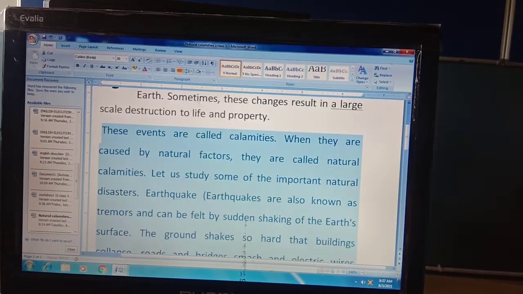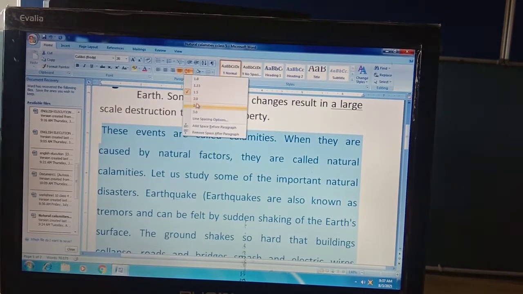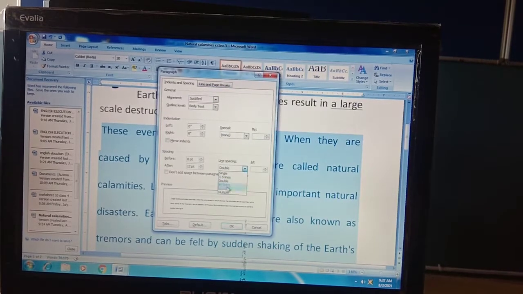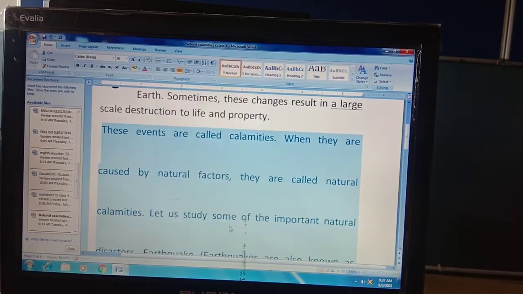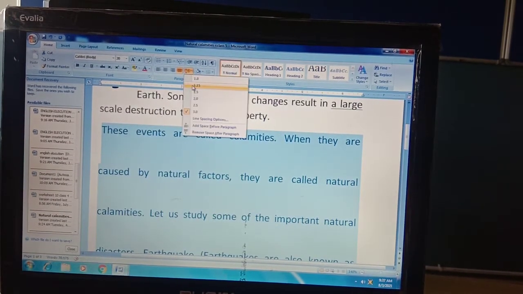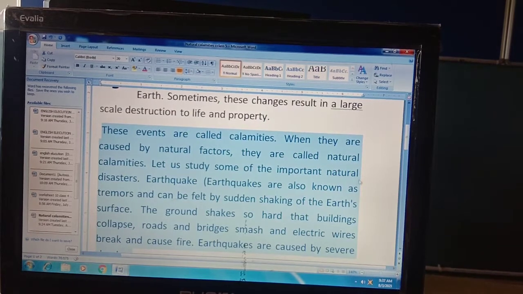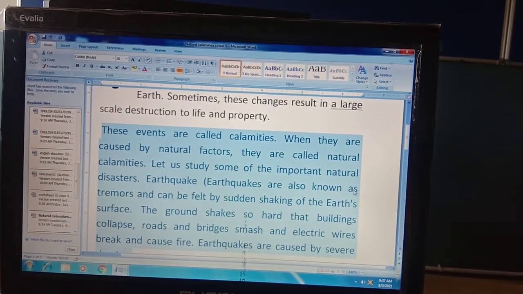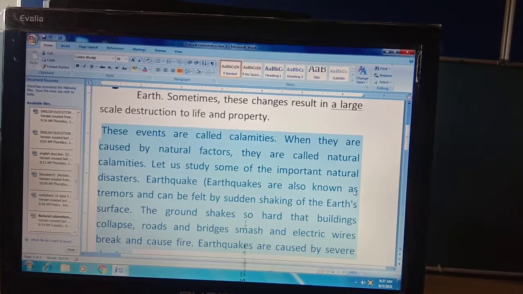So you can choose the line spacing according to your need with the help of these buttons and with the help of here. If you want to choose multiple, it will be multiple. But I want to set it to default line spacing. So I hope it is clear to everyone how to do the line spacing.